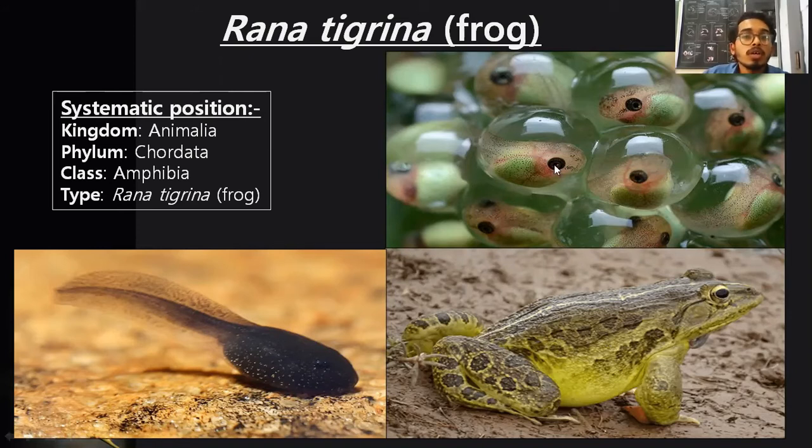Its egg discharge as well as the larval stage, that is what we call tadpoles, compulsorily requires a water medium. But when it forms an adult, it can survive both in water as well as on land. So they exhibit the transition between land and water, hence called amphibians.